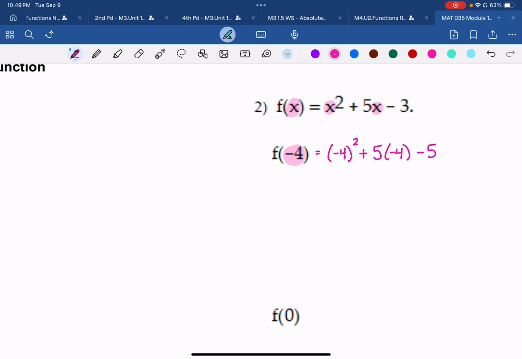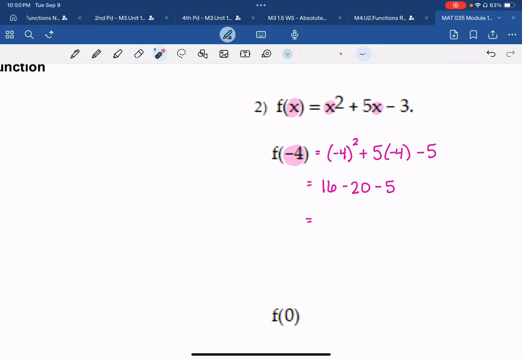And so you just need to be really careful with your parentheses and your negative. So negative 4 squared, that's going to be positive 16. Got plus 5 times negative 4, so that's negative 20. And then minus 5. And so then I've got 16 minus 20 minus, I'm sorry guys, I just realized I